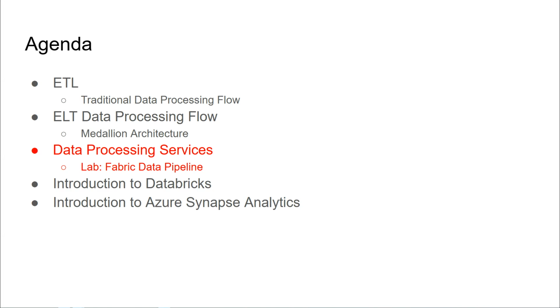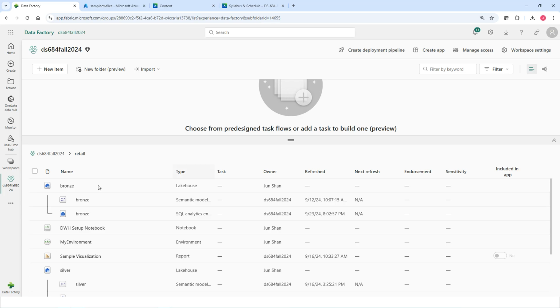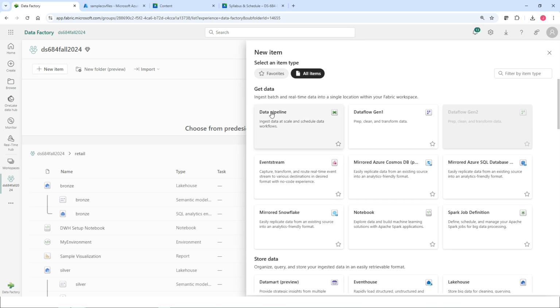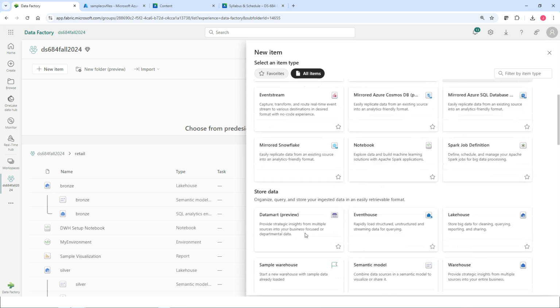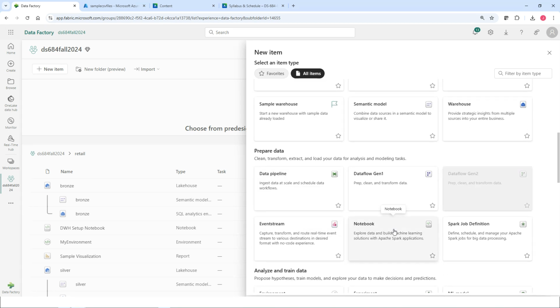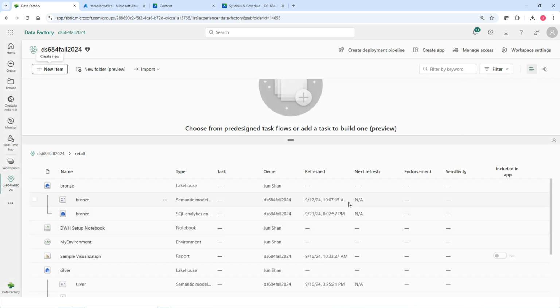Let's take a look at how a Fabric data pipeline should be developed. So let's go to the Fabric interface, and as we see, I'm currently in the demo folder. The first thing we would like to create, of course, is the notebook. By clicking on the new item button and going into the prepare data site, you will see there's a notebook. Click on notebook,